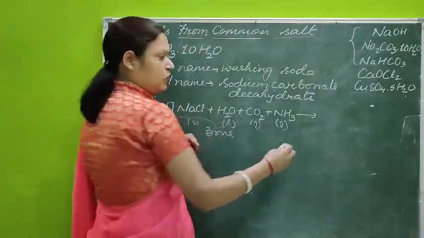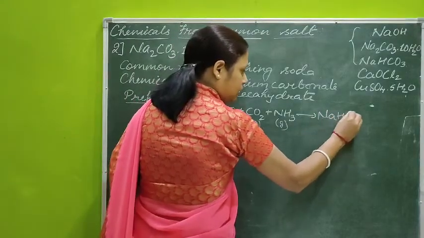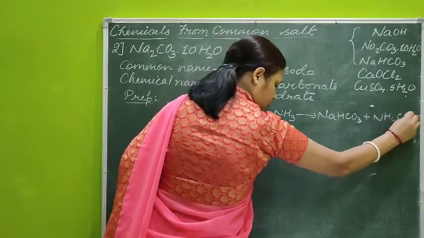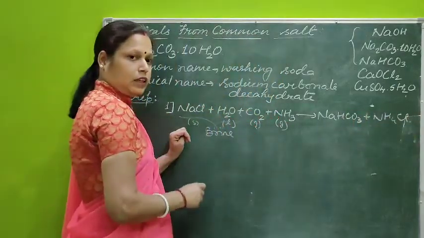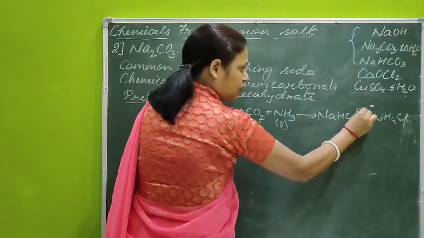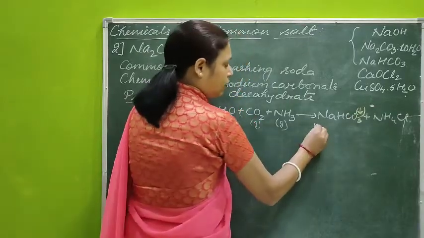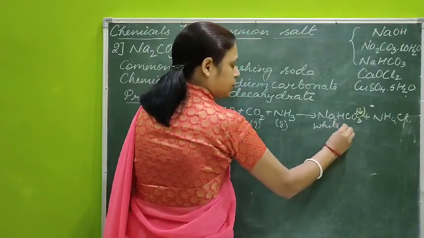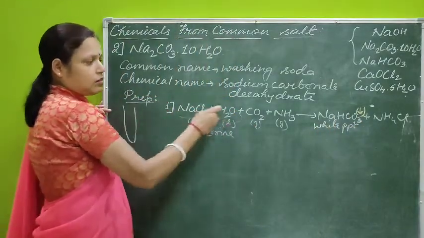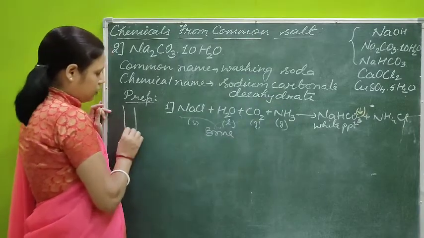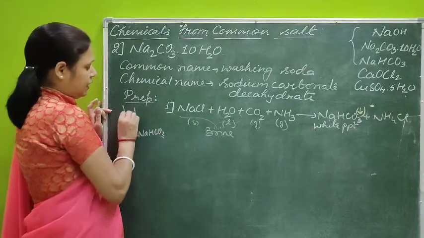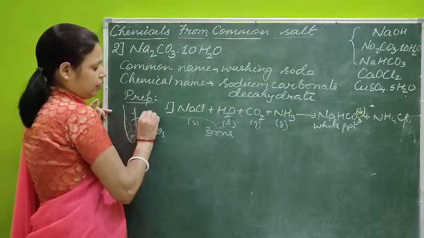Through brine, carbon dioxide and ammonia both are mixed. So we get a new mixture, that is sodium bicarbonate and ammonium chloride. Two things are there. Out of this, sodium bicarbonate precipitates. This is your white PPT. I'll show you like this. In this test tube, all these components are there. When you obtain that product, the white PPT will settle down. That is your NaHCO3. And the liquid which is present here, that is your NH4Cl.